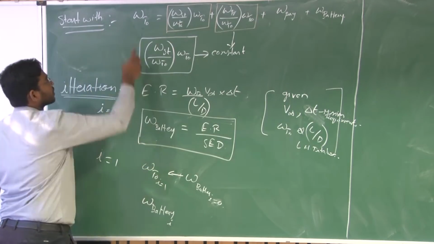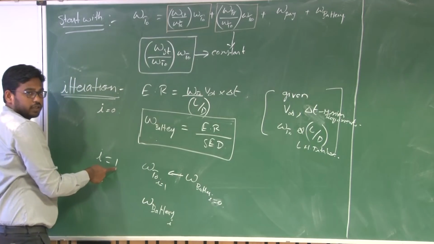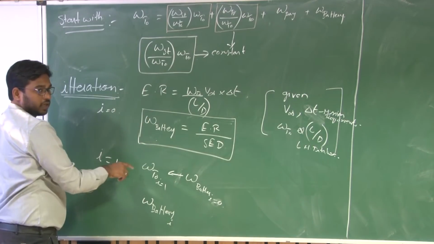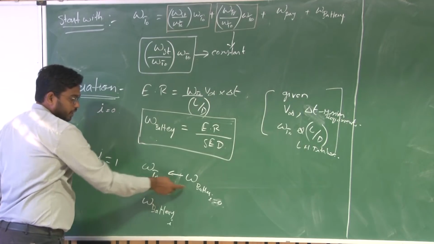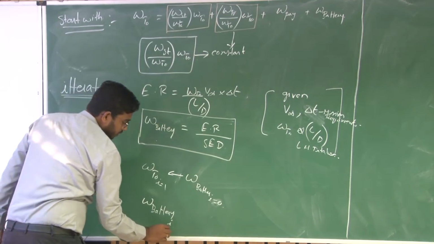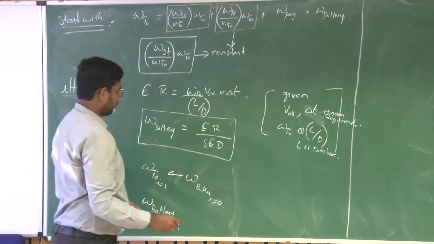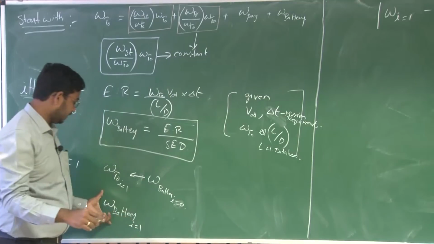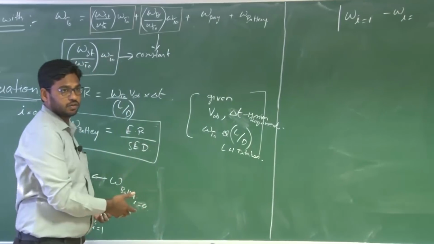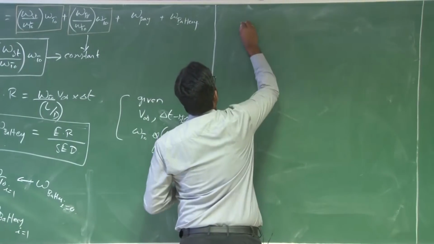Now update this equation with this battery weight to get the takeoff weight at i equals 1. That is the first iteration you are starting. It's at 0, right? It's an initial value, and now the actual iteration starts here. With this takeoff weight, updated as per the new mission requirement, find the new battery weight at i equals 1. After this first iteration, you have the battery weight at the end of the first iteration. Now find the overall takeoff weight at iteration 2, say i equals 2. Now you are entering the second iteration.